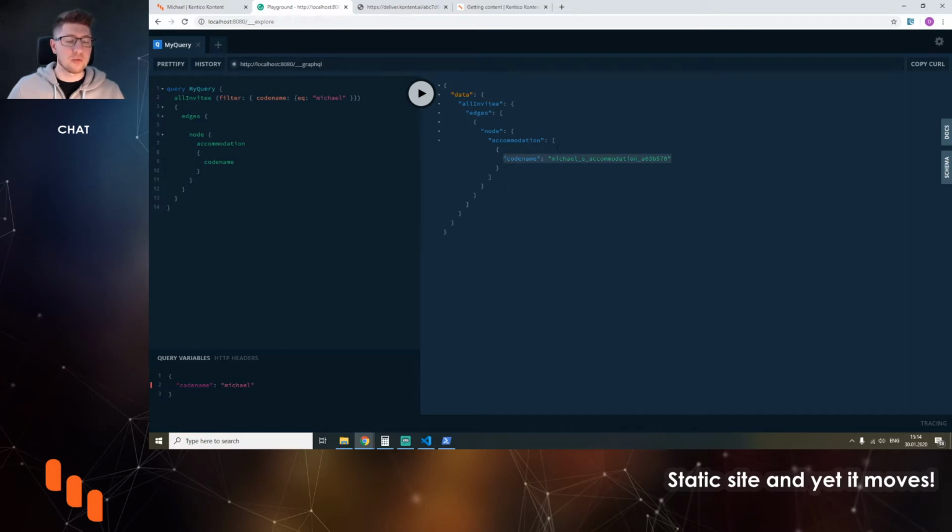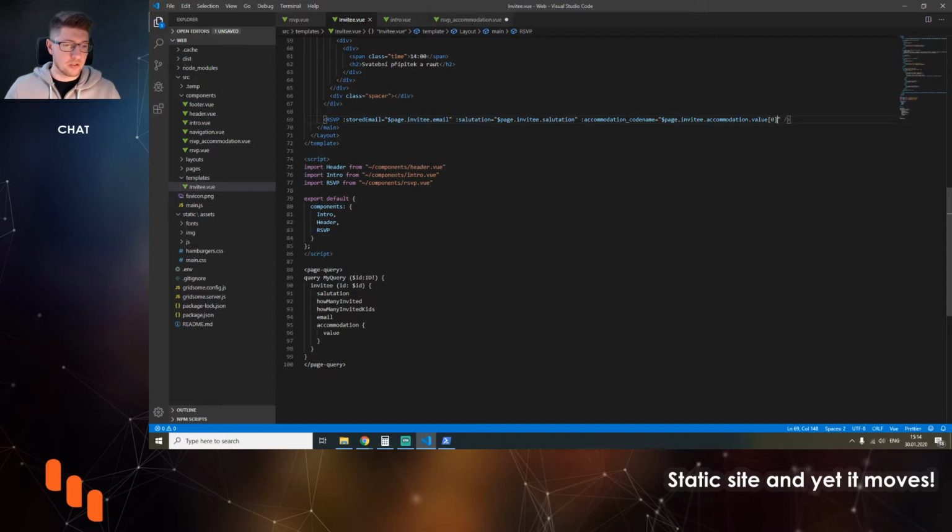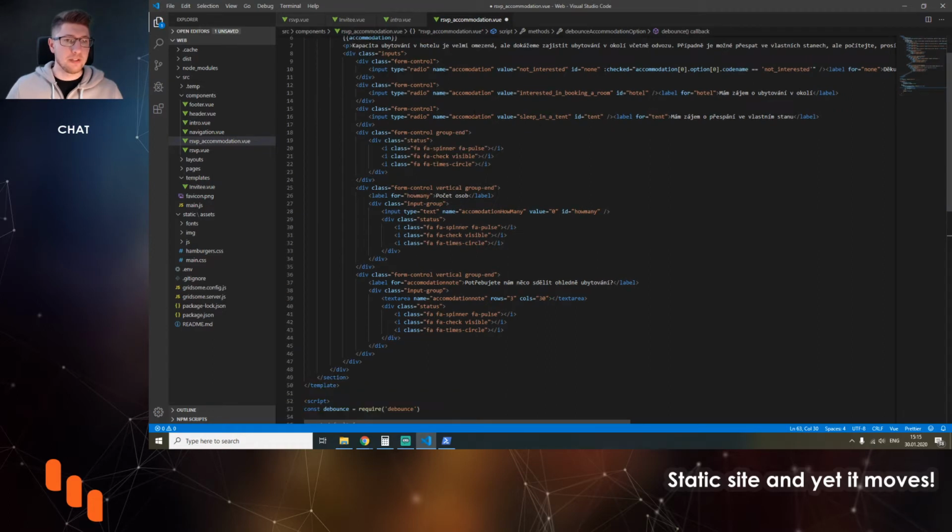So I don't really need to do the array stuff because the GridSum plugin is already doing that for me. So the only thing I need to do is just ask for the code name. So I'm going to change this here, accommodation code name. And this then will not work with arrays, but it's going to go page invitee, accommodation, and code name. Perfect. So when we go back here into the RSVP